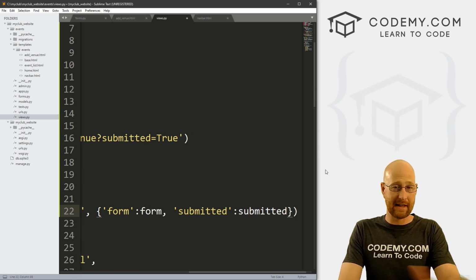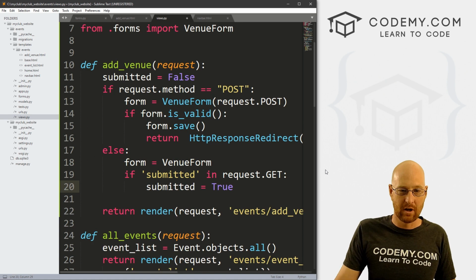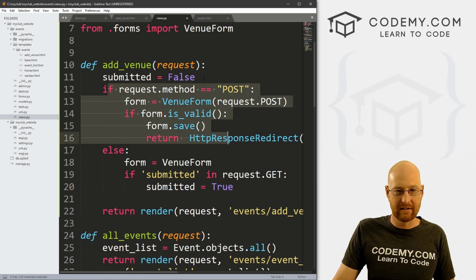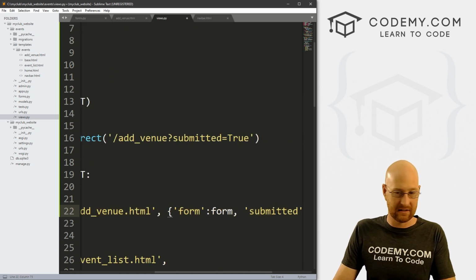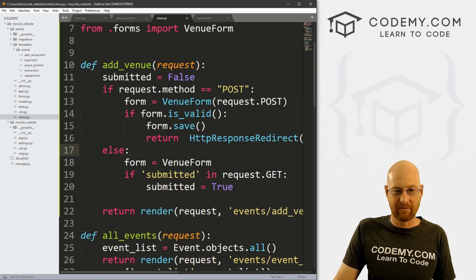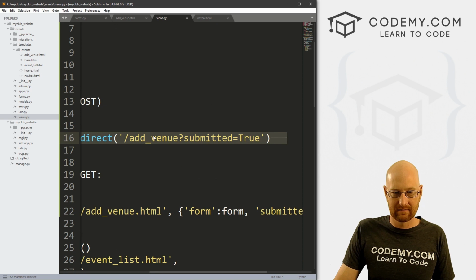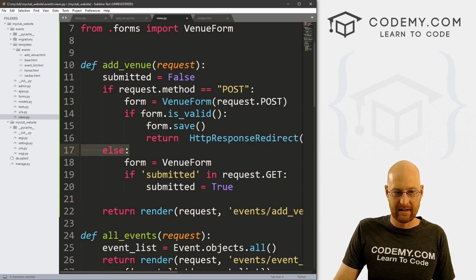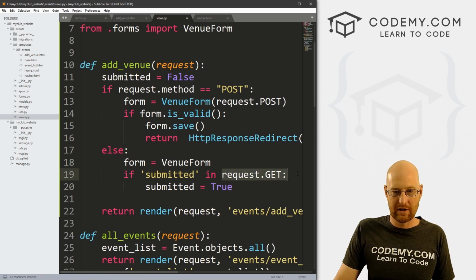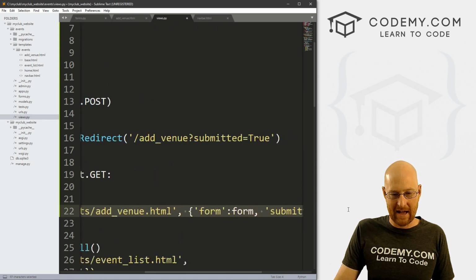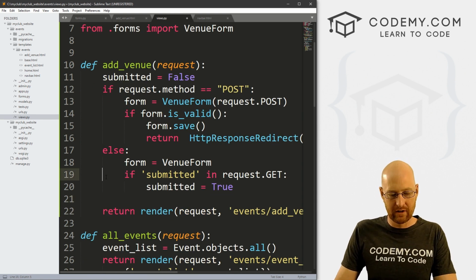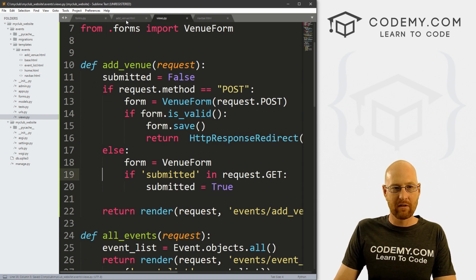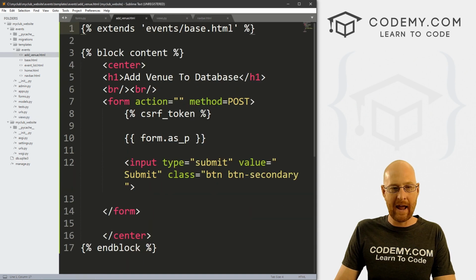So this will pass in either that true or that false, right? So if none of this happened, submitted is going to be false. And then down here, it will get passed in as false. If on the other hand, the form was submitted right here, then this will be true and this will be turned to true. And then submitted will be passed through here as true. Okay, so that was a little convoluted, but now we can head over to our add_venue.html page and we can